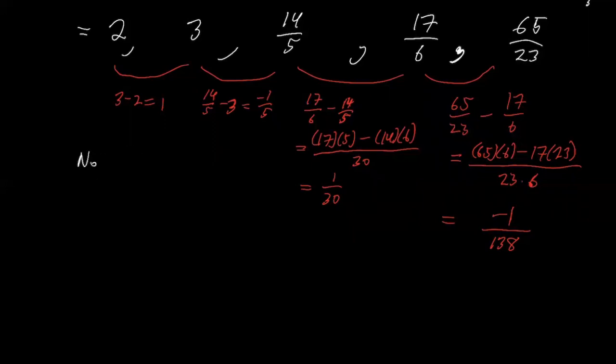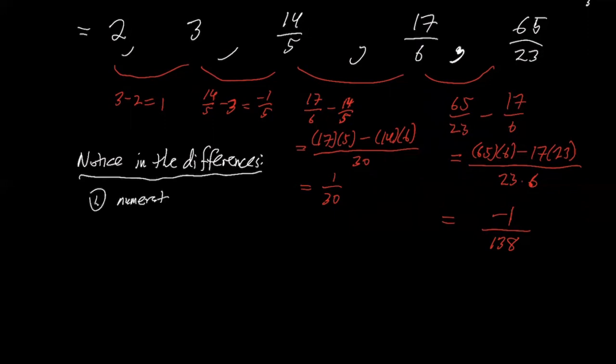So notice in the differences, the numerators alternate plus or minus 1. And the difference itself is just as small as it could be between the two fractions, because